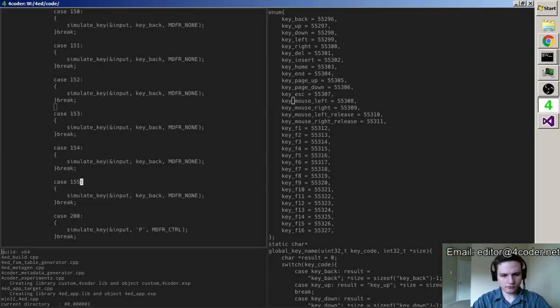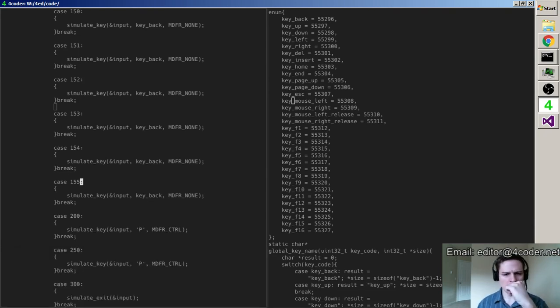So, so far, I can simulate key input, mouse input at a super low level.